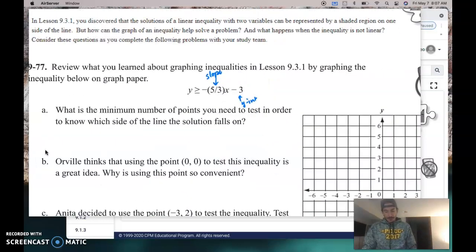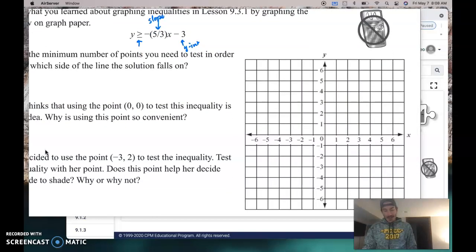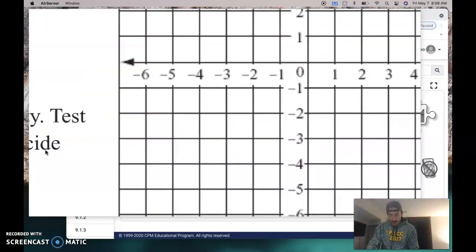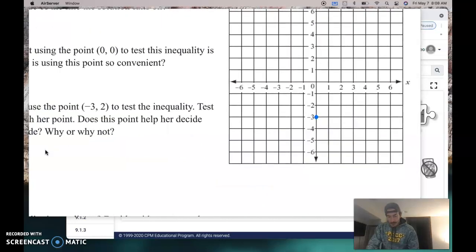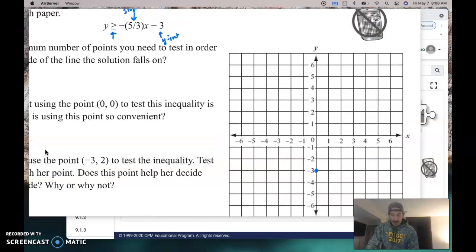Real quick, we're going to get that thing graphed. I recognize that it is a greater than or equal to sign. That does mean I'm going to need a solid line. So it is y is greater than or equal to negative 5/3 x minus 3. I'll start right here at the negative 3, and then I will simply go down 1, 2, 3. Oh no, I can't go down 5. Don't forget, you can go up 5: 1, 2, 3, 4, 5, and in this case to the